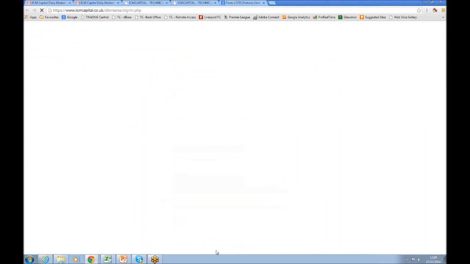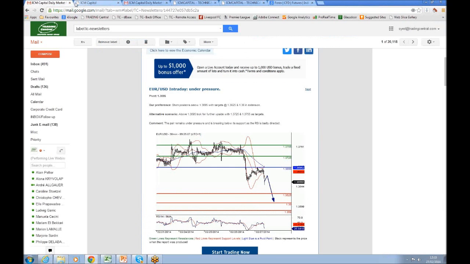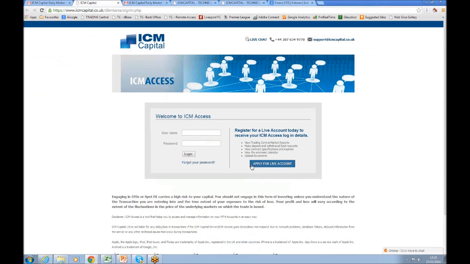Simply click on Start Trading Now. It will take you to ICM Capital's website. You can log in with your account details. Should you not have an account with ICM Capital yet, I would highly encourage opening one so that you have access to all these institutional trade strategies and are more profitable on your trades. You can log into ICM Capital with your account details, log into your trading platform,